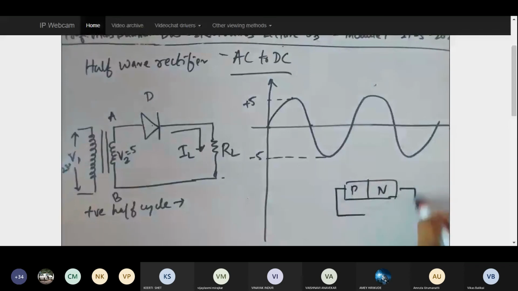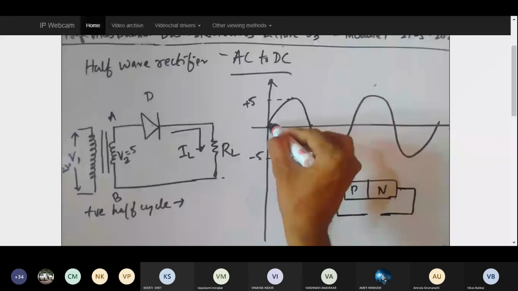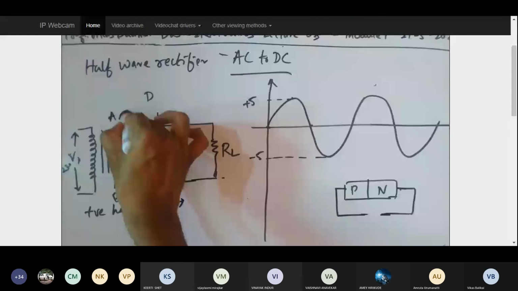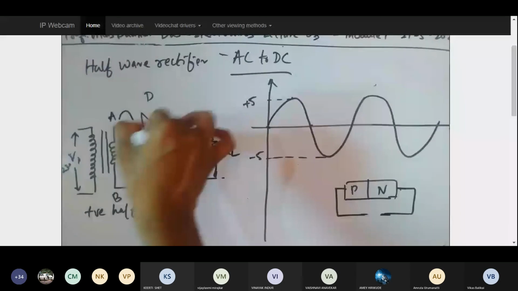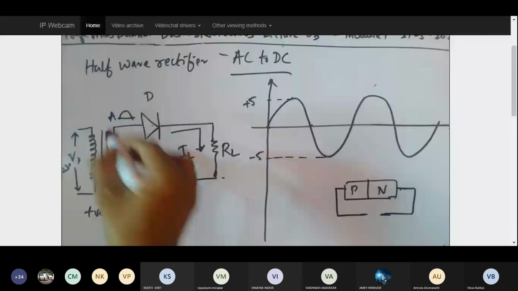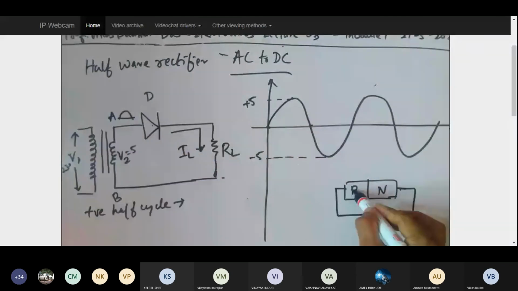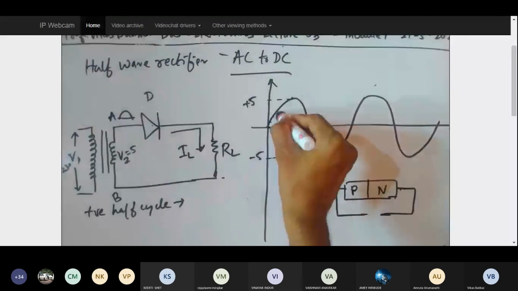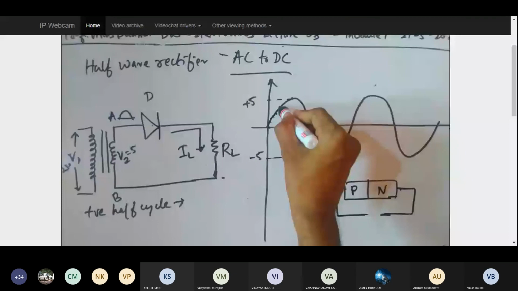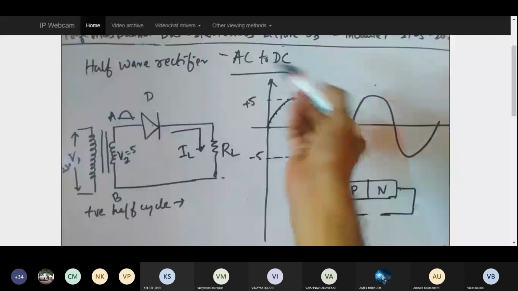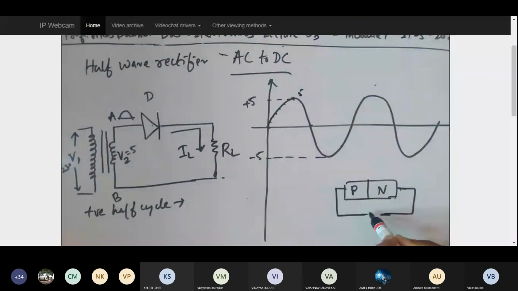Can anybody tell me what is happening here with respect to the PN junction diode? In the positive cycle, all the voltage that is entering my PN junction diode is positive. So what is the potential at which P is connected? P is connected definitely at the highest potential. The difference is that I have not given a constant voltage, it is slowly rising from 0, 0.1, 0.2, 0.3, 0.4, 0.5, 1, 1.5, 2, 2.5, 3, 3.5, 4, 4.5, all positive voltage. So slowly and steadily the diode is getting forward biased.